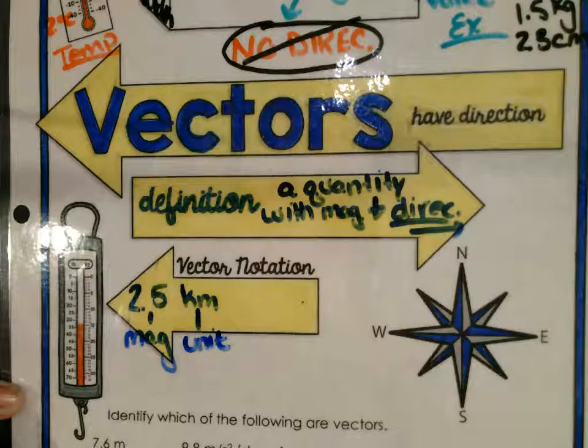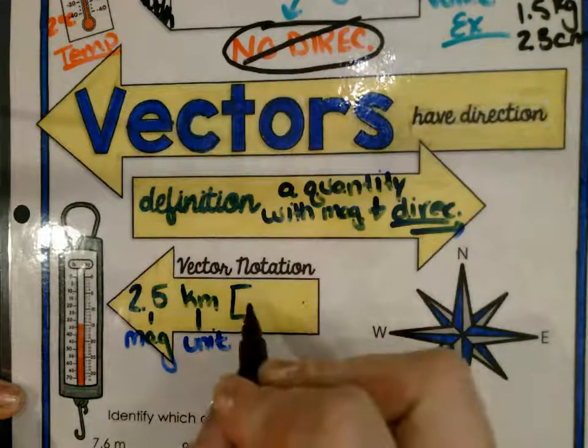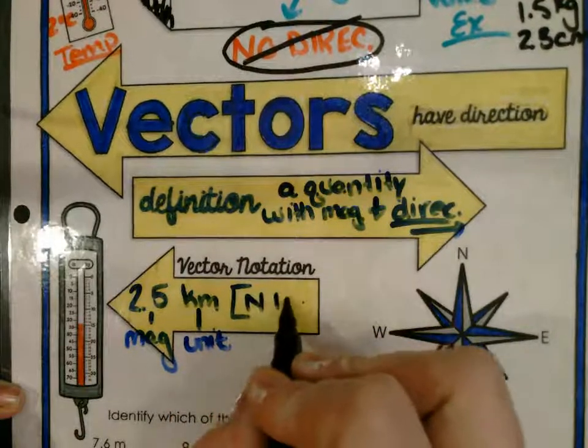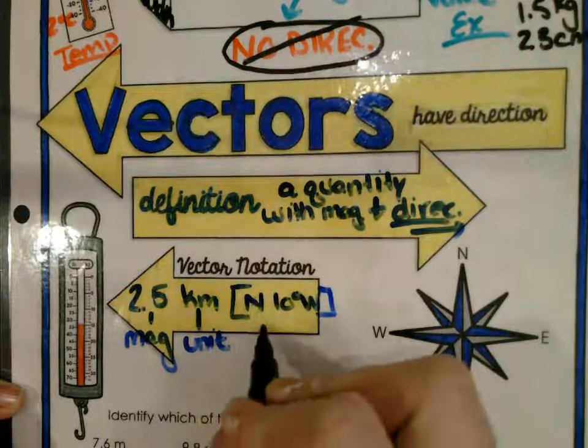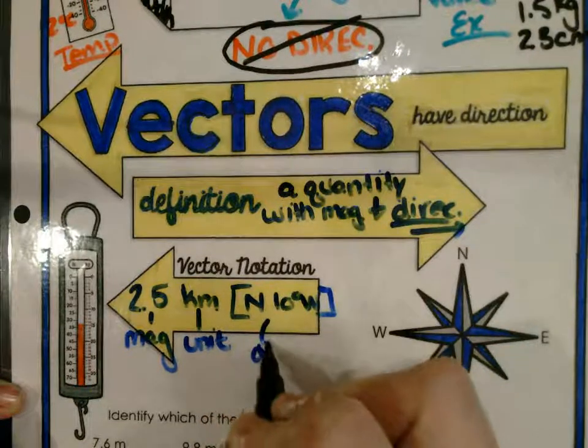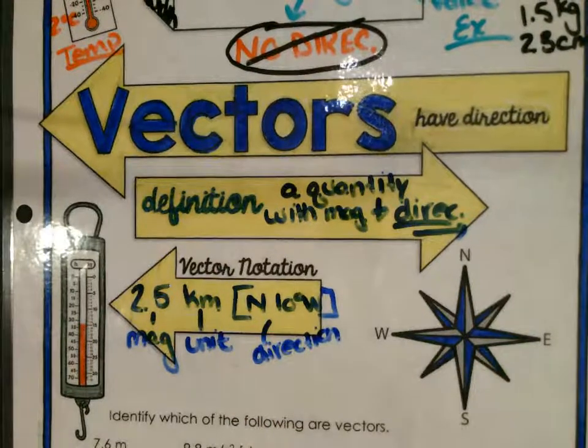The last thing we're going to write is the direction. So for example, it's north 10 degrees west. We're always going to put that direction in brackets so we know it's the direction. That's something some scientists do, some scientists don't. It's the way I prefer it. It kind of sets it apart so you don't get it confused with a variable or anything else